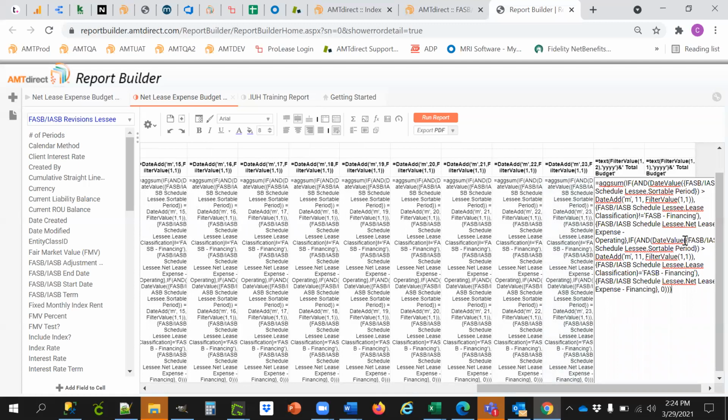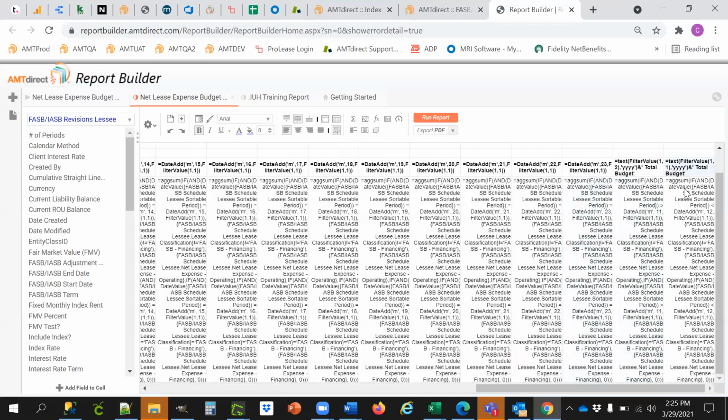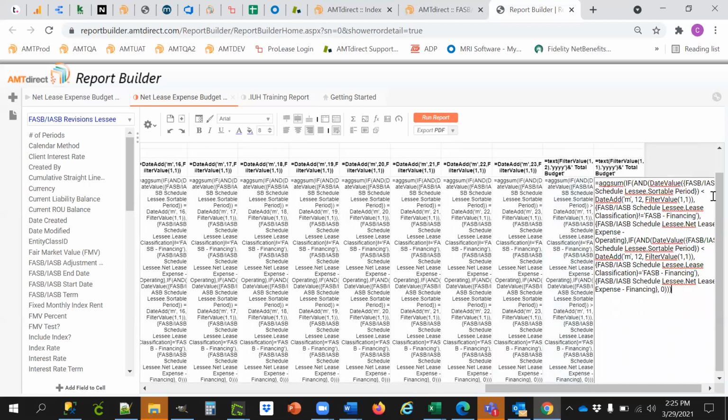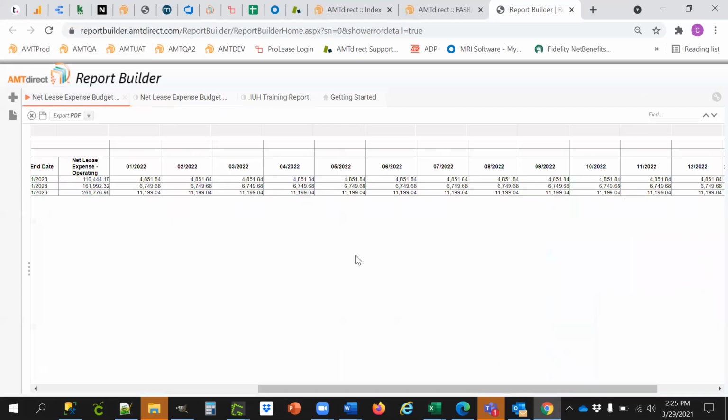Now, when I wanted to aggregate 12 periods together, I just changed my operator from equals to greater than month 11, meaning give me 12 through 23, right? And then for the column that's going to present 2021, I know that that's 0 through 11. So again, my operator, instead of being equals to, is give me less than month 12 from the filter value. That then presents